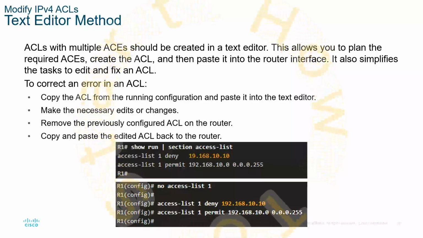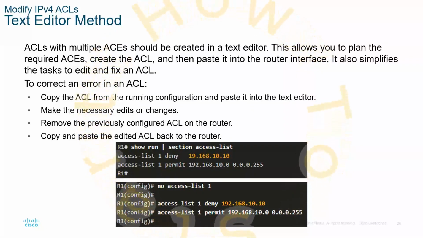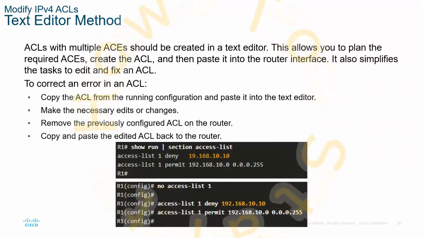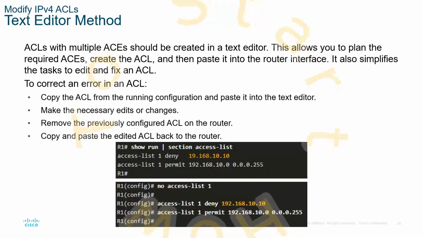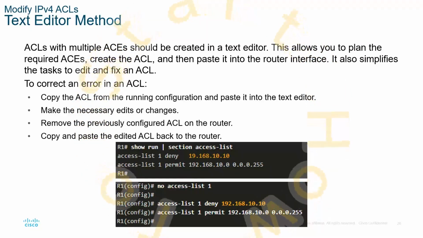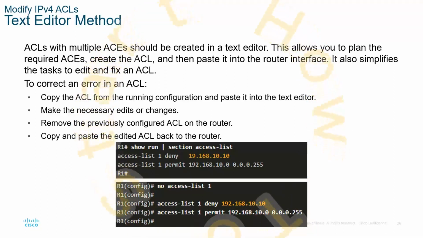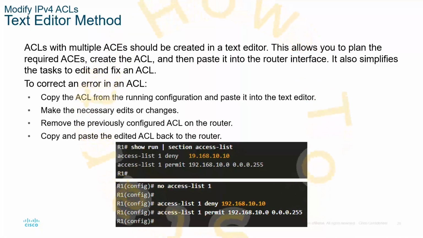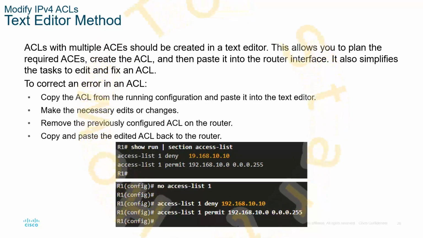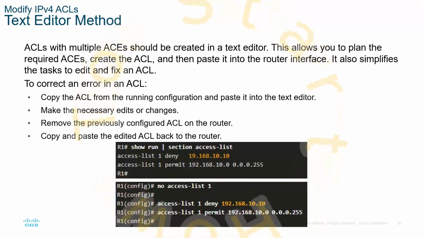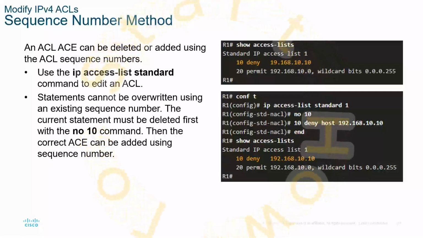Here's the text editor method. What we can do is copy the portion of the commands out of the running config, put it in a note document, make the changes, remove whatever you don't want, add the appropriate comments, paste it back into the command terminal, and there your ACL is complete. Or if you cannot copy it out, you can do a